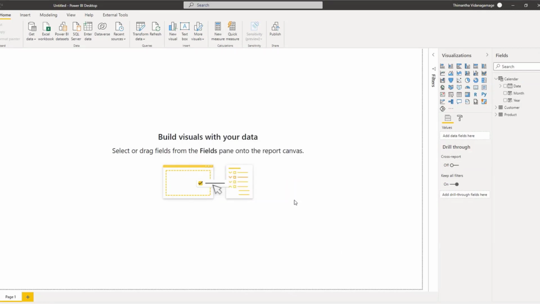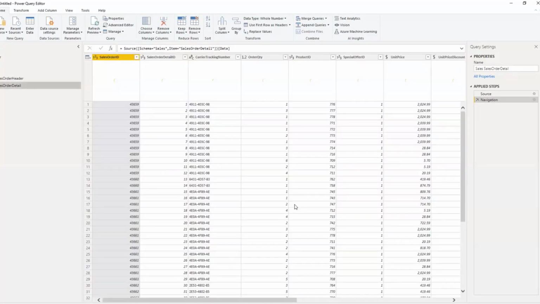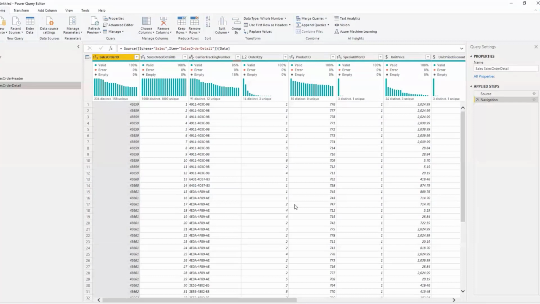But that's something you should decide based on your requirement, and you should be very careful using direct query. Make sure that it does not affect performance in any aspect, and make sure that you use it in a very appropriate way. That's really very important. So I have brought in those two required tables here, right?